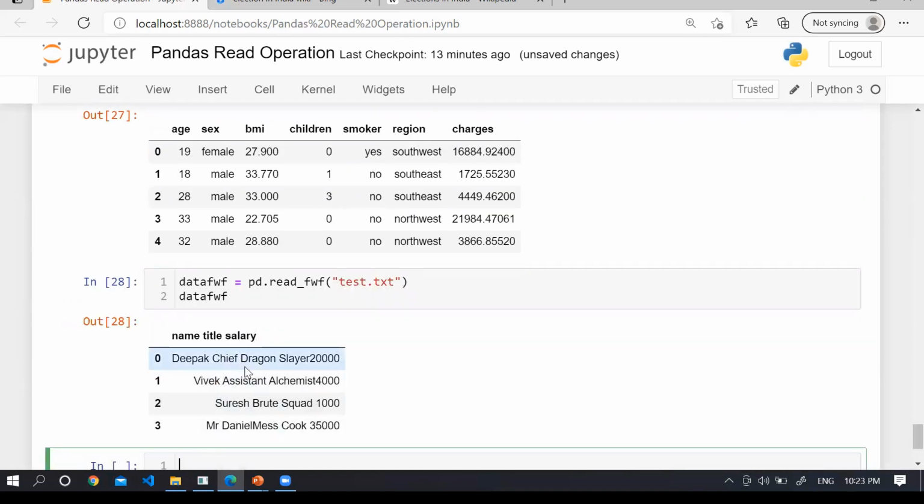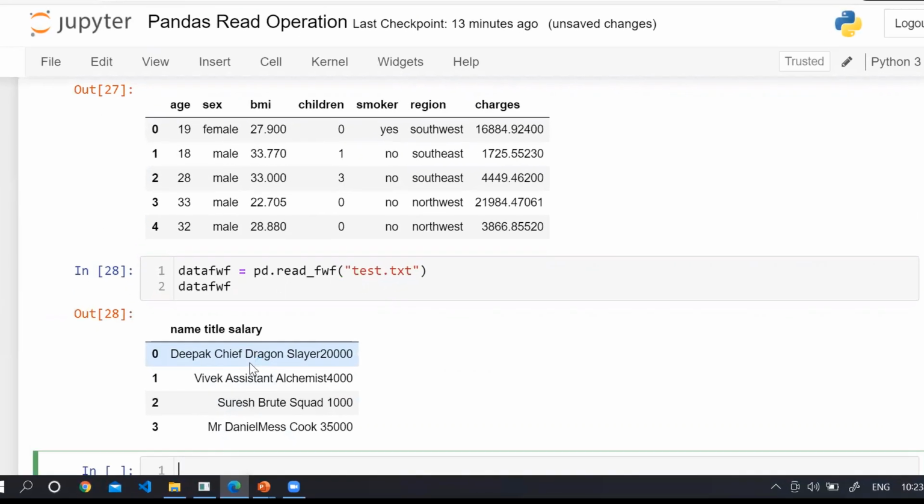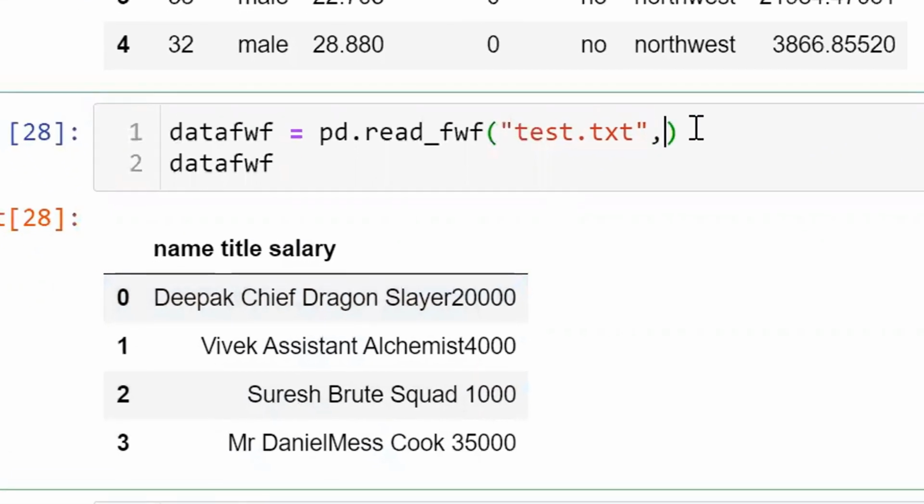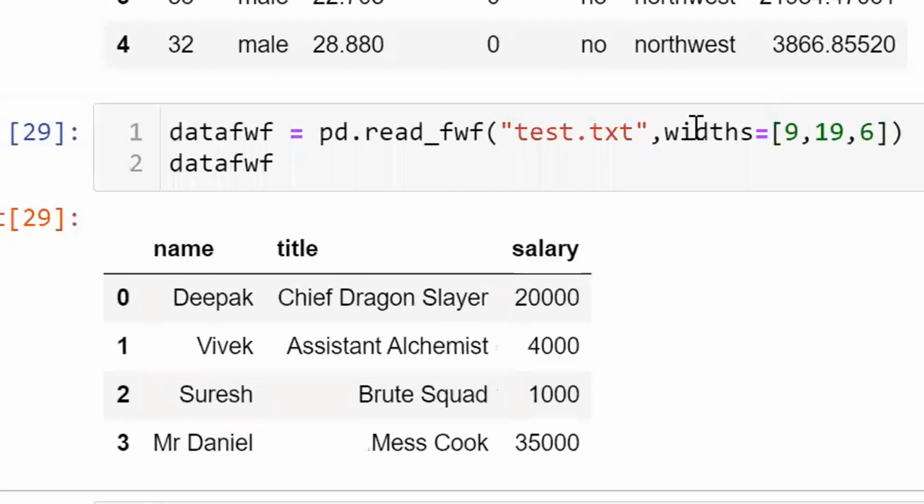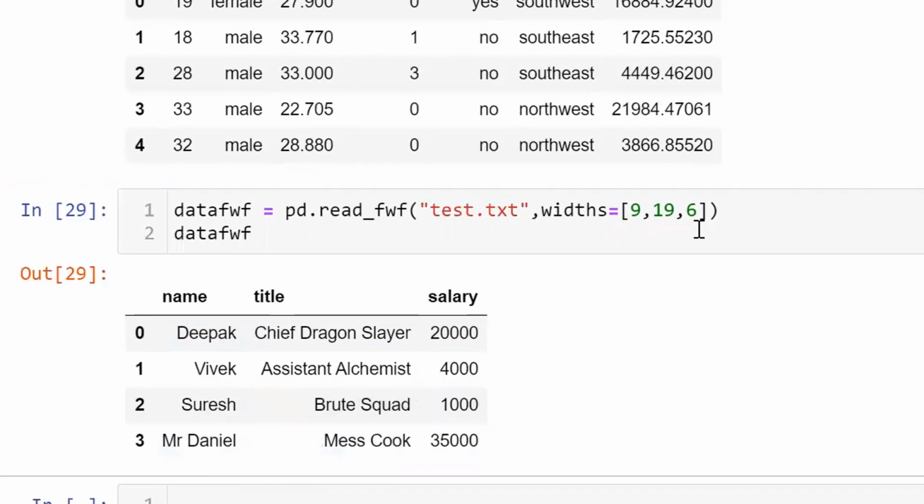In case you want to supply some kind of width, yes, here you can supply specific widths. So here I'm using widths, and in the list, let's say I'm going to provide some characters, which is 9 and 19 characters I want for the title, and for the salary I want, let's say, 6 characters. So you can see that. You can count these particular names, and for the title characters, it could be anything, right? I already know how many characters I have in the titles, and for the salary, we have only 6 characters.